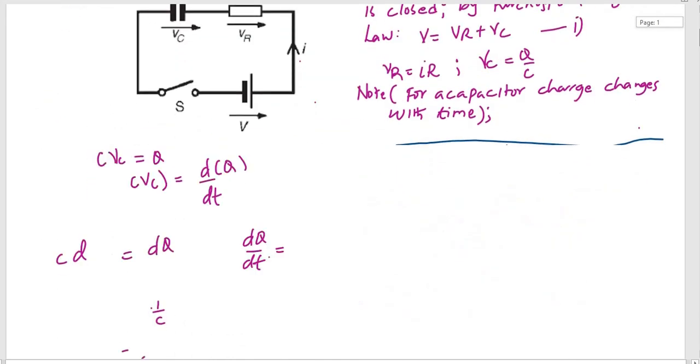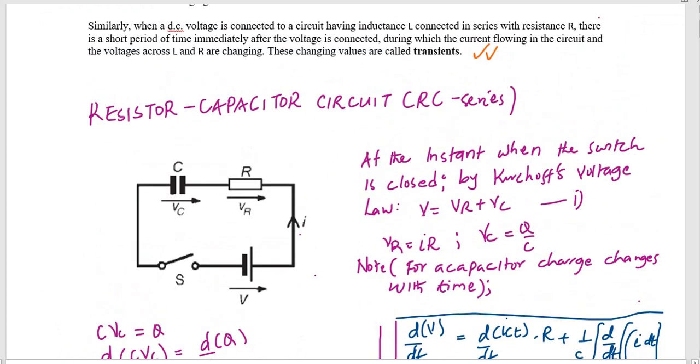Let us immediately go to the resistor capacitor series DC circuit. So we have a capacitor connected in series with a resistor, and with the switch we have also a battery source. So now this is the voltage VC across the capacitor, voltage VR across the resistor, and V is the total voltage. Now we want to consider that at the instant when the switch is closed, we have to note